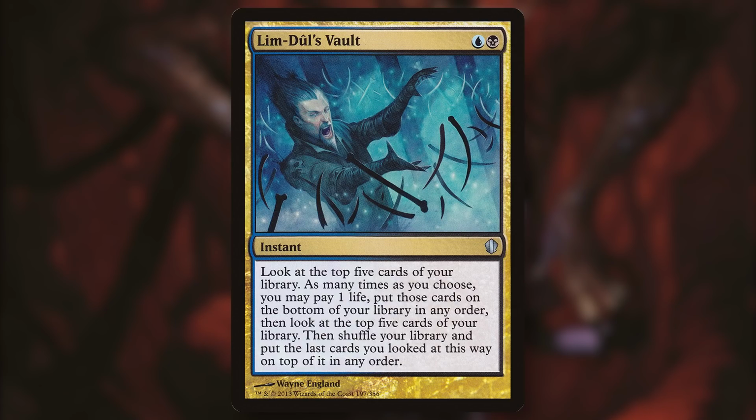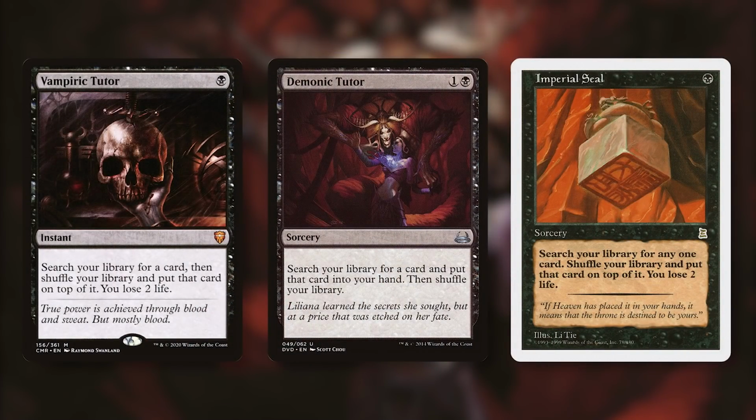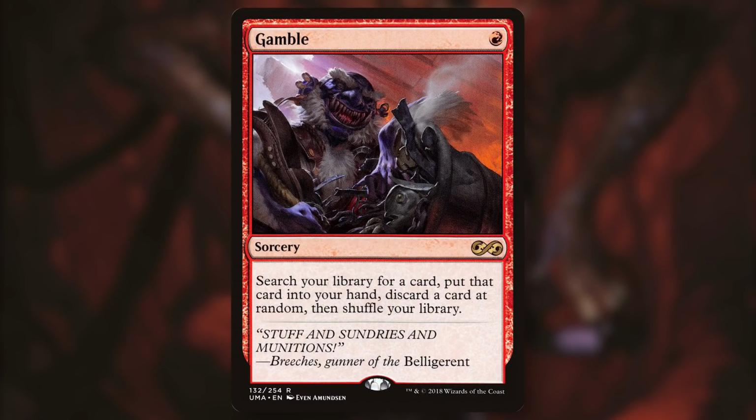And the main tutors that we see in cEDH, Vampiric Tutor, Imperial Seal, and Demonic Tutor, those cards you can upgrade to. Imperial Seal, you don't necessarily need in your deck. It is a sorcery speed Vampiric Tutor, which is not the greatest. But it is seen because it's 1 mana to search your deck for a card. In comparison to Gamble, which is substantially cheaper,